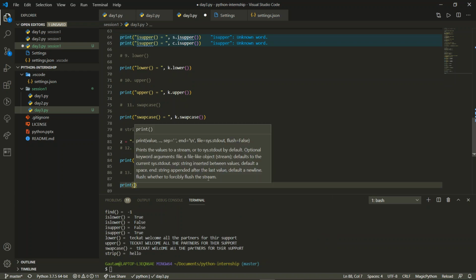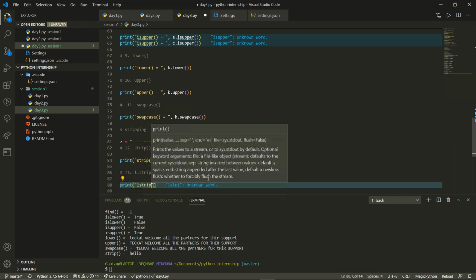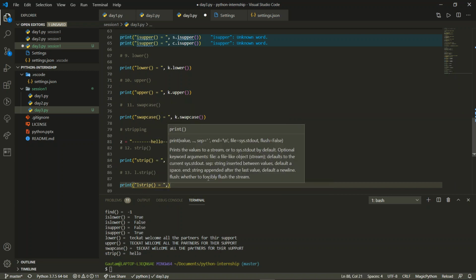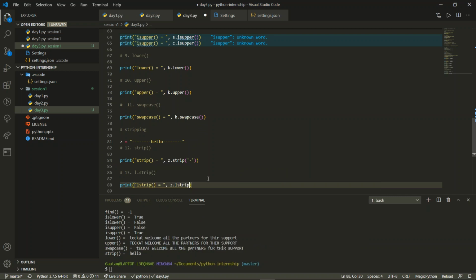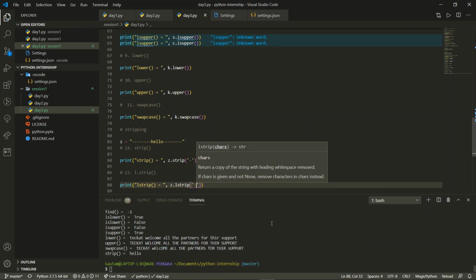Now this is a print, and inside that we'll have L strip, and then a comma, and then we will have z dot L strip, and inside that we'll pass the character dash. Now if you see over here, only the left side has been stripped and the right side remains the same.